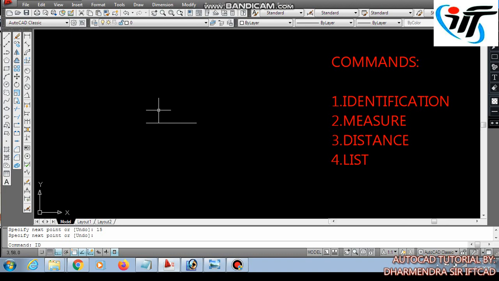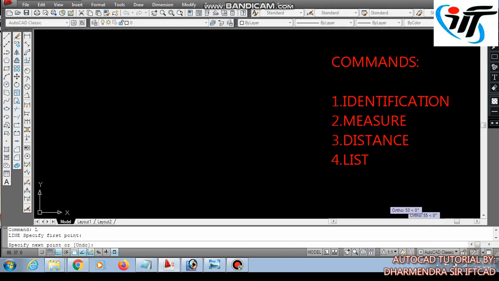Let me find out the value of x y from the starting point. It's x is -1 and y is 55. For the end point, ID enter and clicking on the end point, it's showing the value of x is 14 and the value of y is 55. This way we can get to know the axis value of any object.